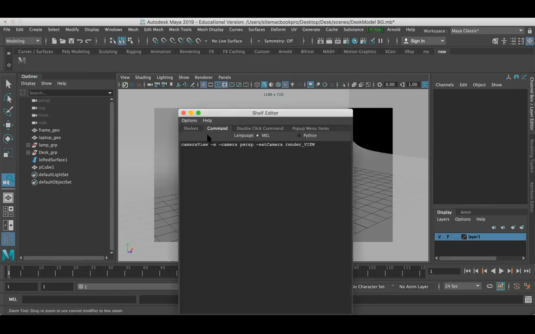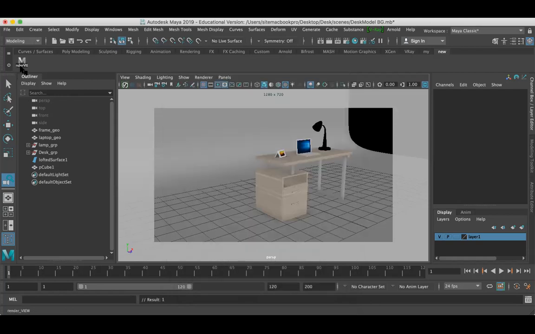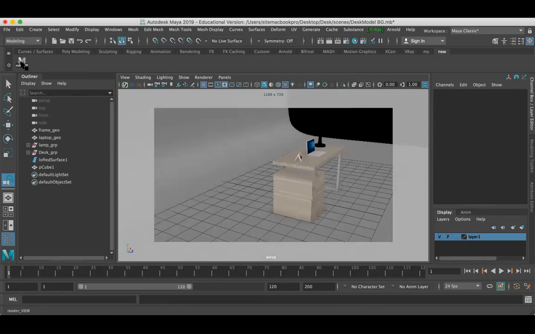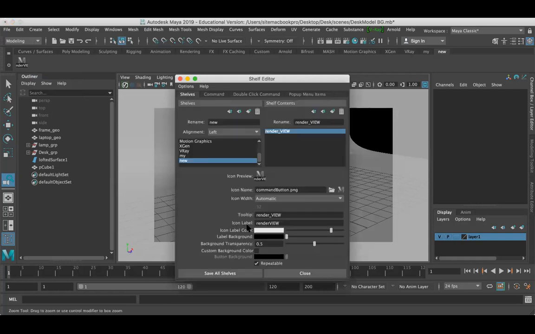Just click on the edit, and now it's a command. Okay, in the command tab, just click on the self. Okay, under the self, you can find icon label. So here you can give the name here. Okay, save to also. So now you can see a render view, the name has given here. Yeah, fine. So if you want to label your shelf, then you can right click here. As I told you, go to the shelf, and under the icon label, you can change it, or you can change the color. You can do it.